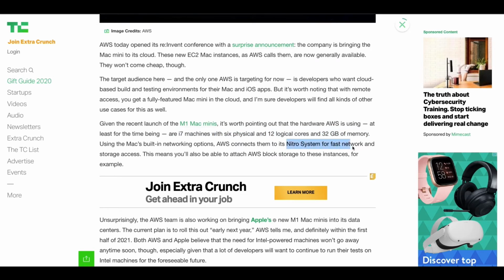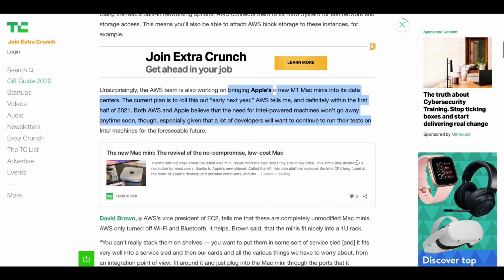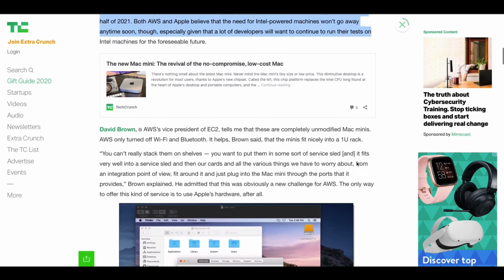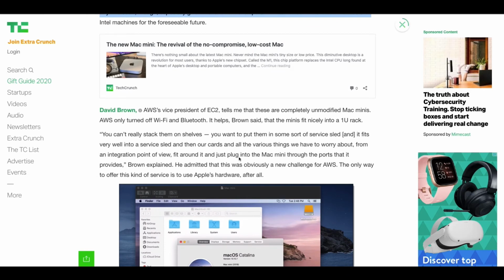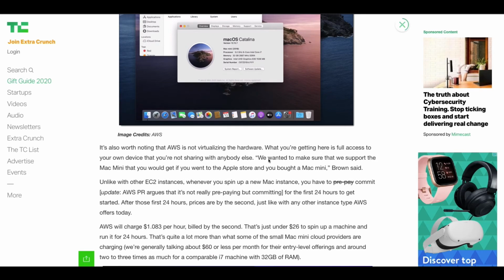I kind of thought, maybe would it work out cheaper to just get a Mac Mini? But then I guess you wouldn't have the scalability and the elasticity that AWS offers. But still, if you're just a hobbyist or trying to learn or play around with this, it could get pretty pricey. So I would not recommend this unless you are a wealthy person. But it was fun to dream for a second. I had an idea to kind of